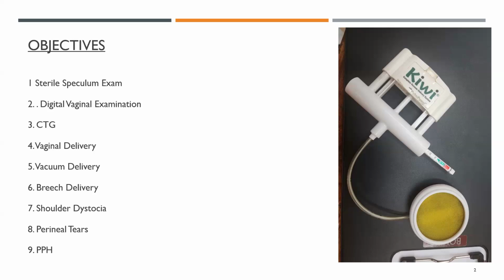And the next will be malpresentation. So what happens in a scenario of a breech delivery? The next one we'll be talking about is what goes wrong. What are possible things that can go wrong in a delivery? You can have shoulder dystocia, you can have perineal tears, and you can have something like PPH, which we all know we've talked about multiple times. And I understand we've also had a session prior, so this will be a nice revision on it.